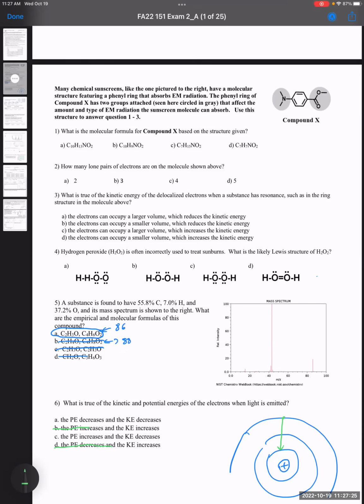And when the electrons get closer to the nucleus, they have less space to move around, therefore the electrons are going to move faster. As a result of that, the kinetic energy increases. So then the only answer that says kinetic energy